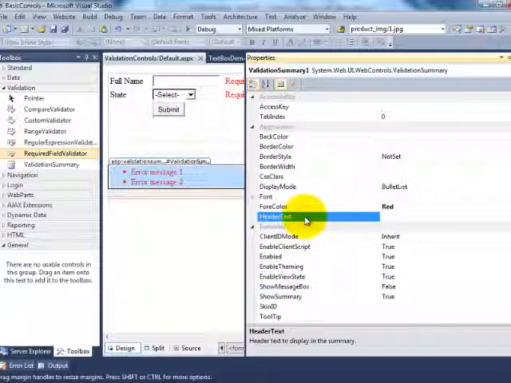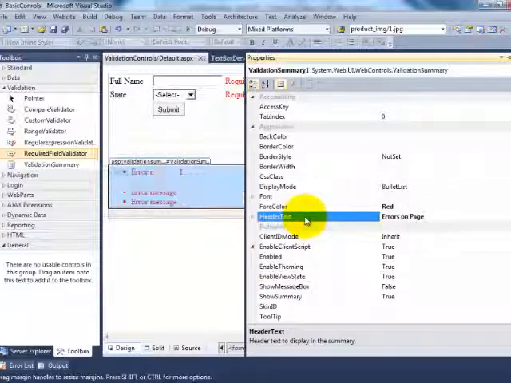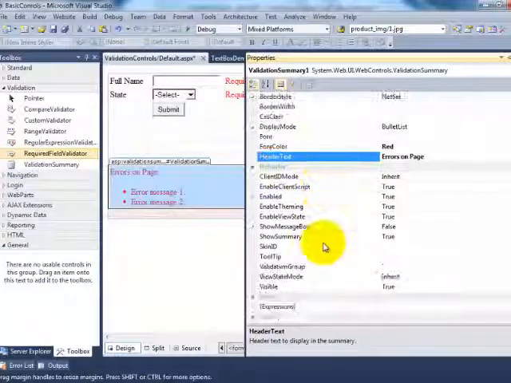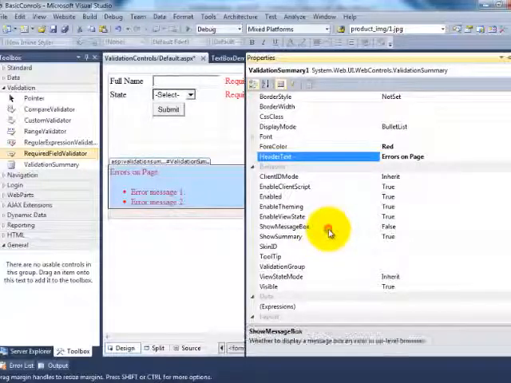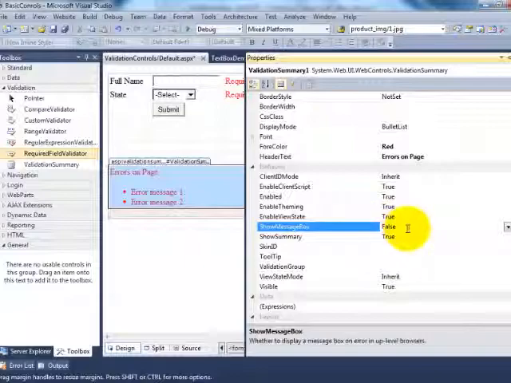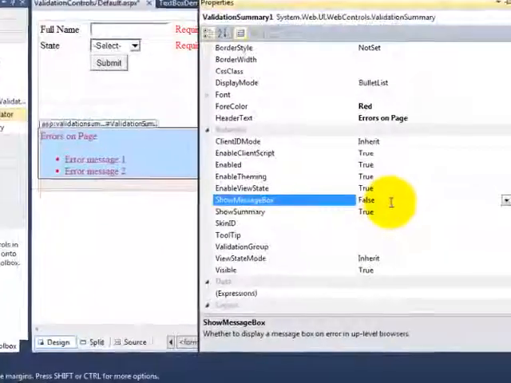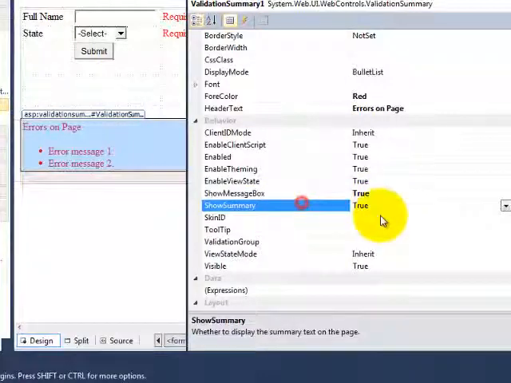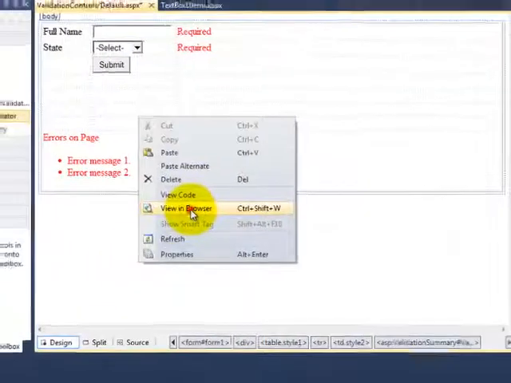Header text is there. Show message box is there. Show message box means all the error messages will be displayed in the message box. Show summary: while displaying the message box, we don't require the summary over here, so false. Let us execute and see.